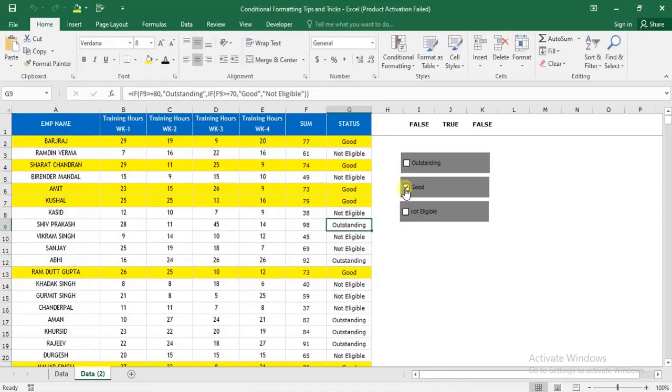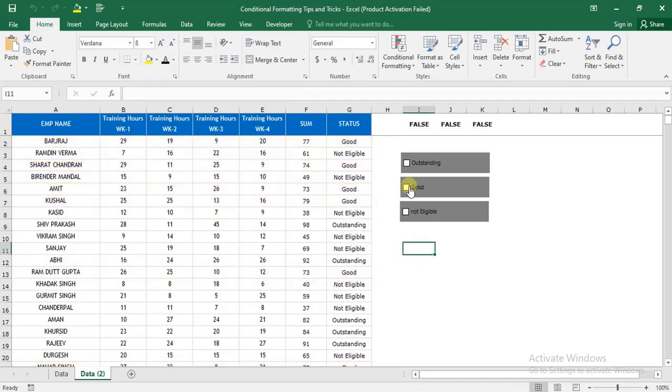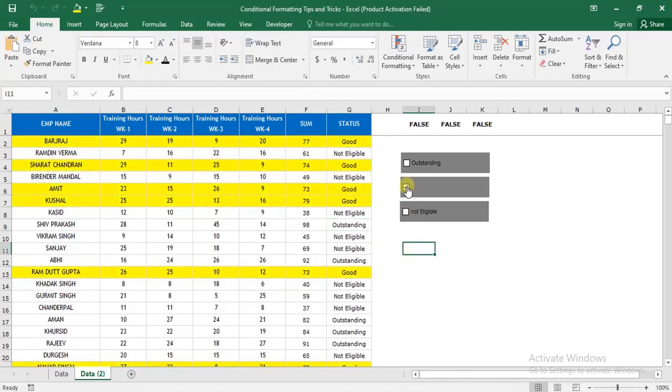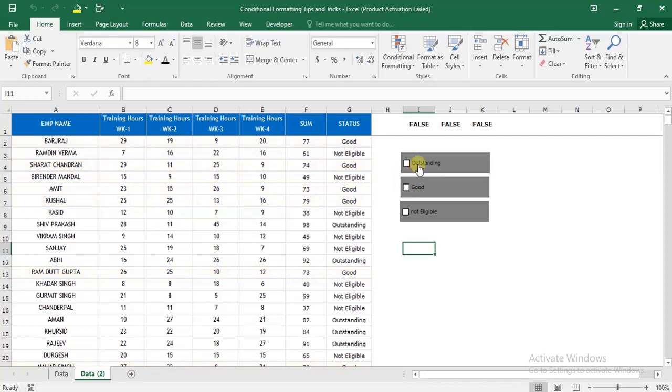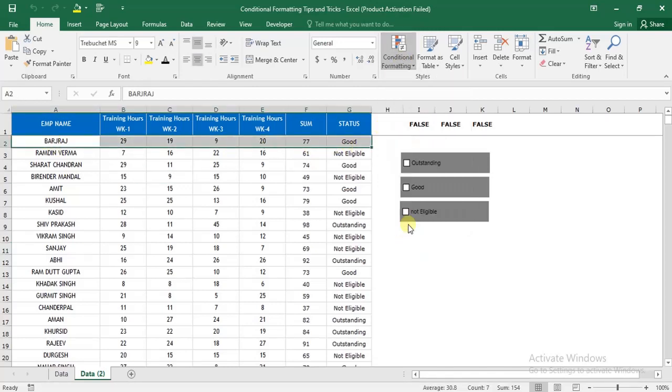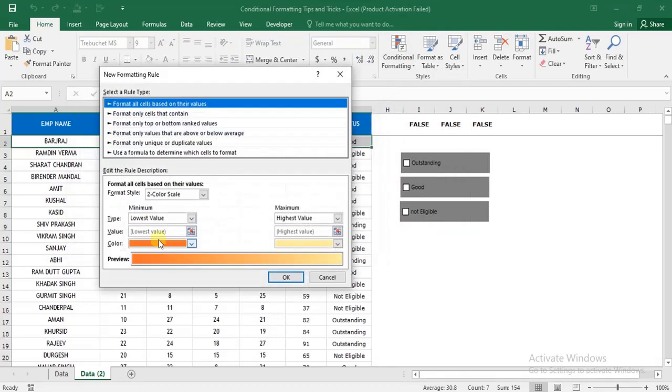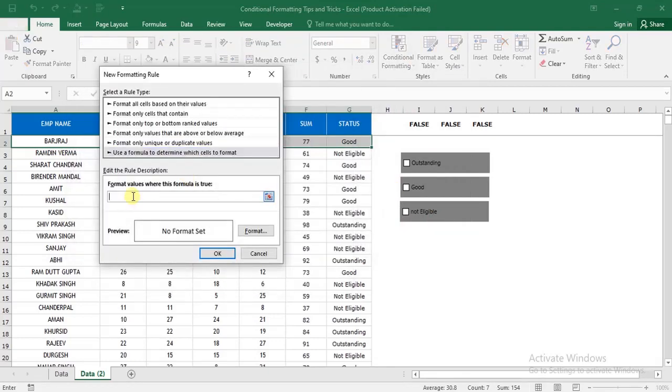Okay, let's see now. I'll just uncheck all of these. Now if I check this Good, it is highlighting. So I will repeat this for both of the other checkboxes, for Outstanding and for Not Eligible. Let's do it. Conditional formatting, manage rules and new rule. The new rule will be is equal to, and I'll select this one first. Make sure that we have fixed the column part only, not the row,